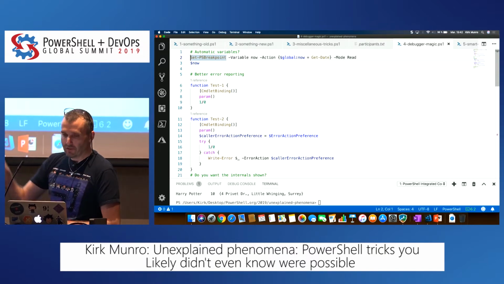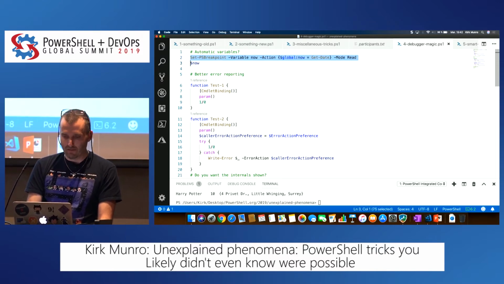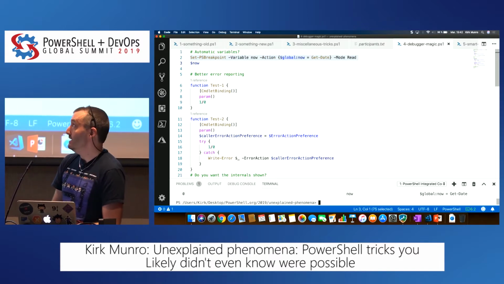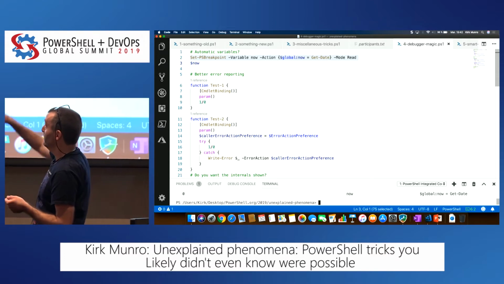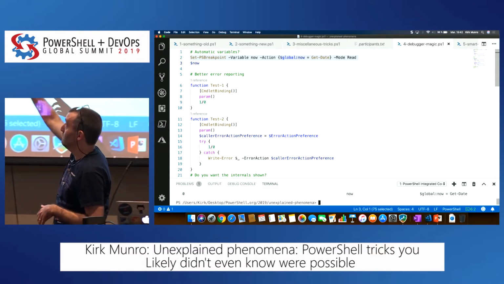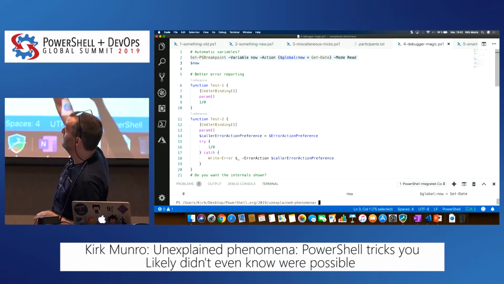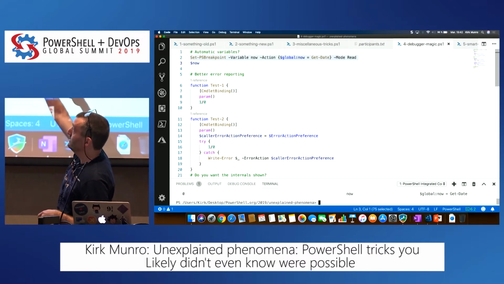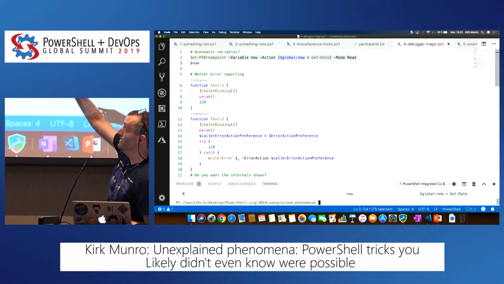So that first example at the top is setting up an automatic variable via the hack that's available today, which is you create a breakpoint. The breakpoint is a variable breakpoint because there are different types of breakpoints. And so the variable now, which didn't even exist when I created this breakpoint, I'm basically saying whenever something tries to read, because the mode's read, the variable now, run this action. And the action is set global now to get date.